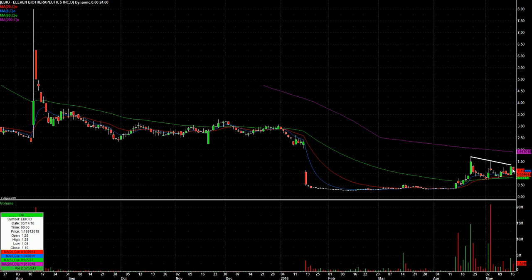So if it can get over this, let's see, the 2-day high would be $1.30. If this can get up to $1.30, this one might just rip. So keep EBIO. Now, keep in mind too, $1.30 is 20 cents, or you could argue about 20%, almost, right, give or take, from where it closed. So, I would rather, maybe this could trade between $1.10 and $1.17 for an hour, and then break the high of the day, and then start knocking down the other catalyst. That is a more